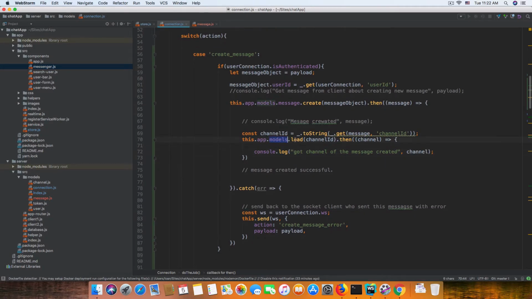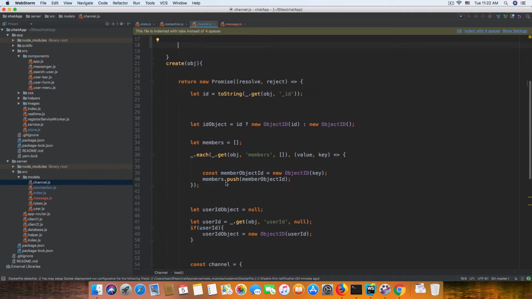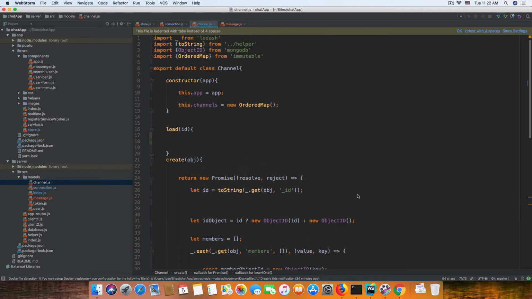Right, model channel, sorry, model dot channel loss. So let's see, in our channel we did create a new function, load. Right, in channel we don't have any load function. So after created, we save a channel set with cache, and here we do